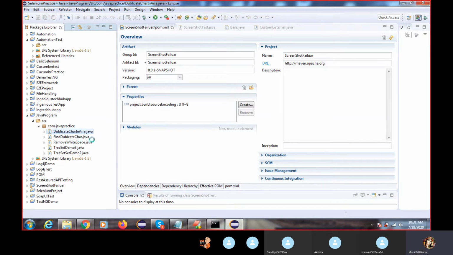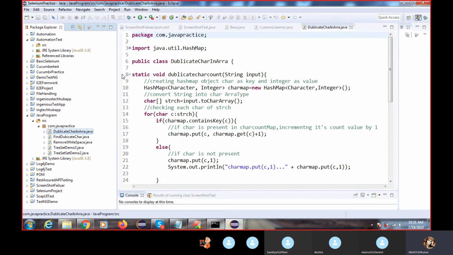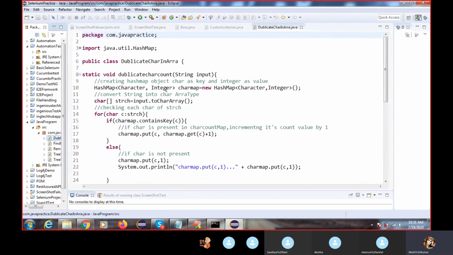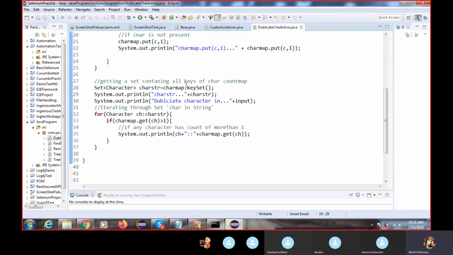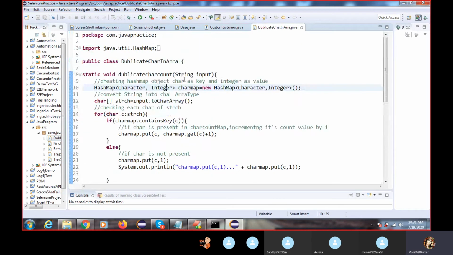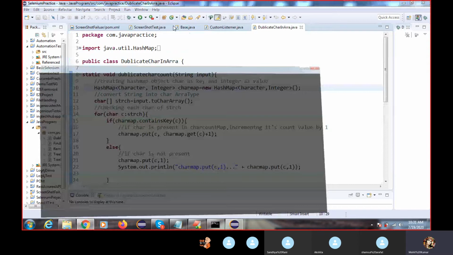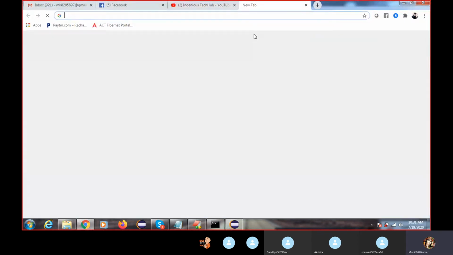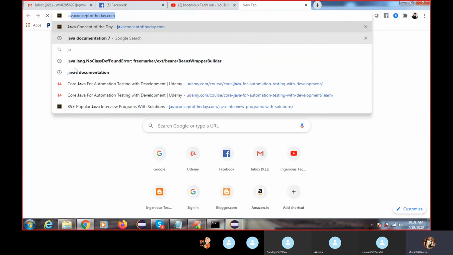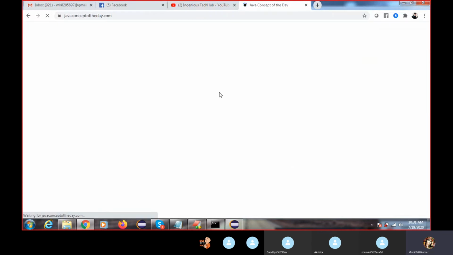I'm not going to explain this code. This is one code, right? You copied this code from the link I shared, the Java concept of the day, and you are not able to understand it. I'm telling you how you can implement your logic yourself.